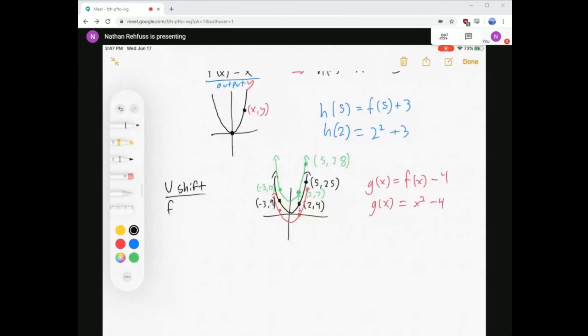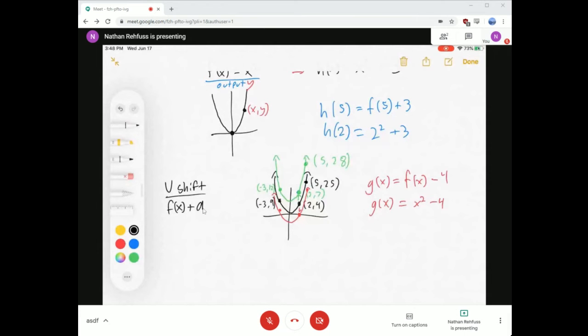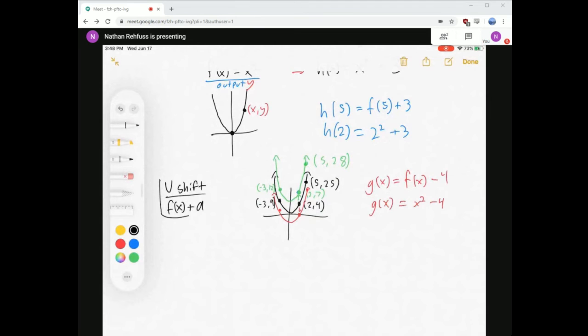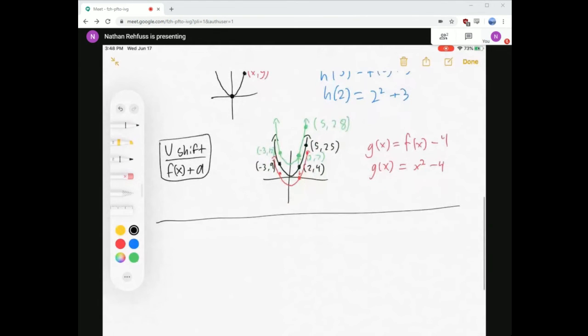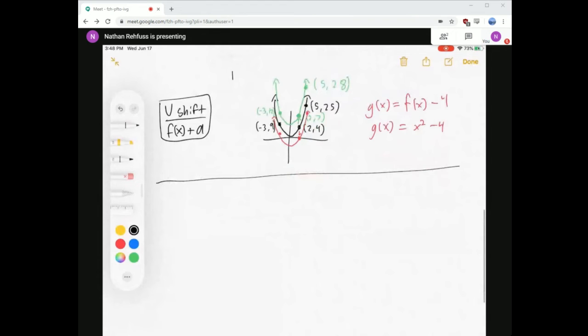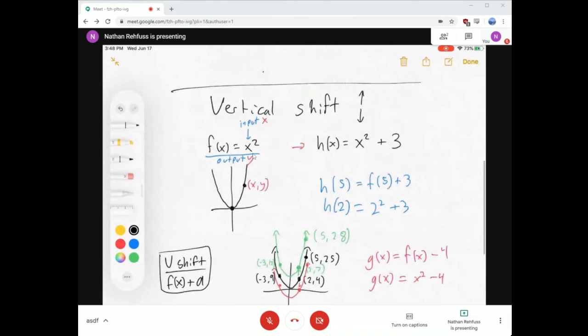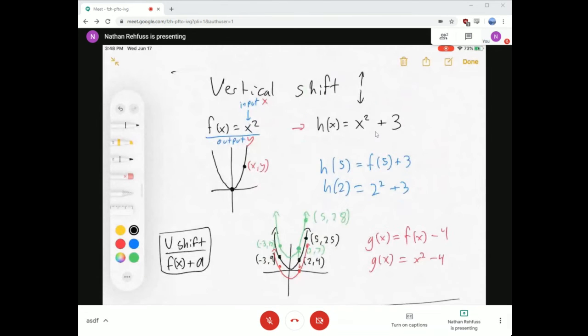You take your old equation, and you add a number to go up, you subtract a number to go down. Well, next thing I want to do is, if I can move it up or down, that's good. If I can move it left or right, that's even better. So in the vertical shift, I looked at my output, and I wanted to,